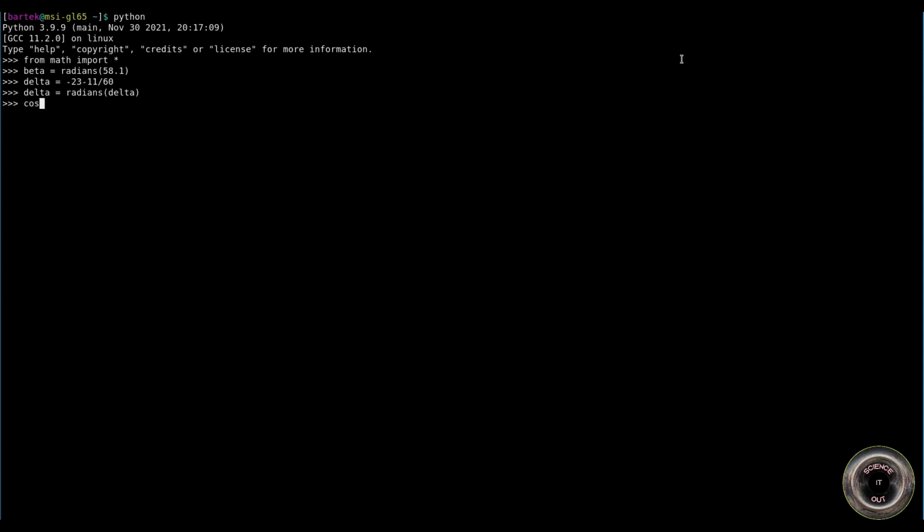Okay, so now we have cosine beta times cosine delta. So that is the sine of the latitude, and we can do the degrees arc sine. This is the inverse sine of the result, and tada, this is the latitude that is calculated using this method. So this is actually how I got the result I initially submitted to Bobby, but then Bobby told me that